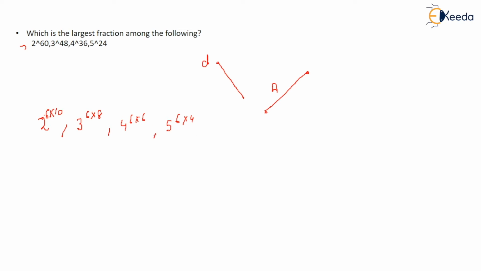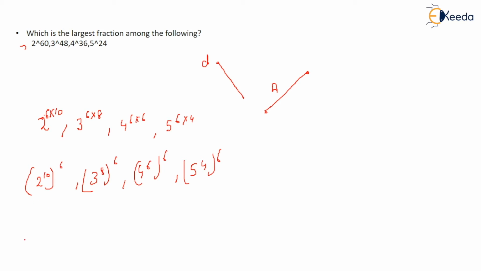So now after distributing such things, I can compare here. If I see 2 to the power 10, I can find out its value, and 6 I can keep as a common power. 3 to the power 8, and 6 I will keep as a common power, right? 4 to the power 6, and 6 I can keep as a common power, and 5 to the power 4, and 6. Why did I keep 6 here? To make things simple, to make the comparison, right? This comparison will help me figure out which is greater.